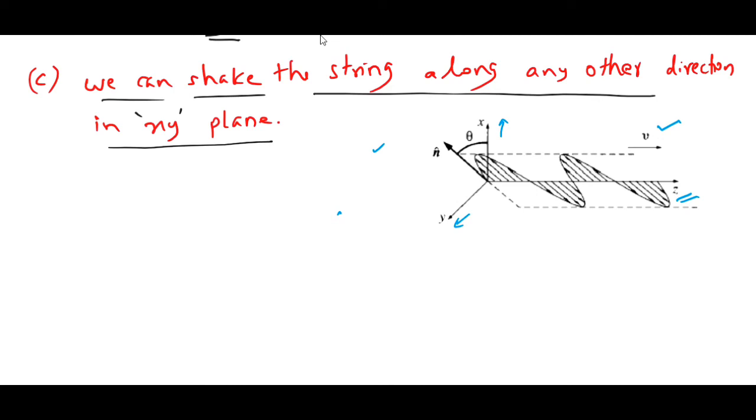How can we represent this wave? We can represent it as f of z,t, that is displacement of the string element at any position z at any time t, is what this means. It can be written as complex amplitude a e power i(kz minus omega t), because still the wave is propagating in positive z direction, kz minus omega t